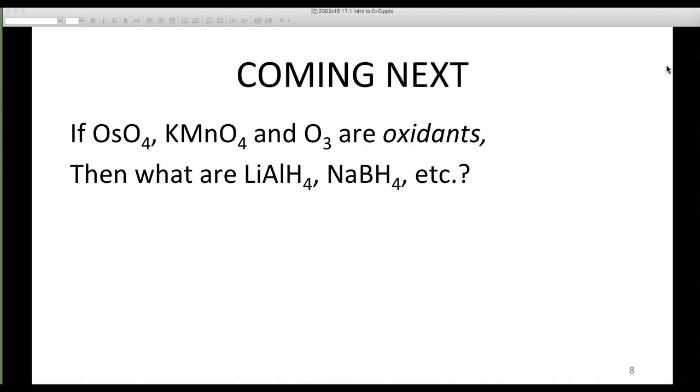Well, you know, we're learning these new reagents. What are they? They're loaded with hydrogens. And if they're loaded with hydrogens, then it stands to reason that they are reducing agents and they will undergo reactions that are reductions. So, it all fits into neat little patterns,